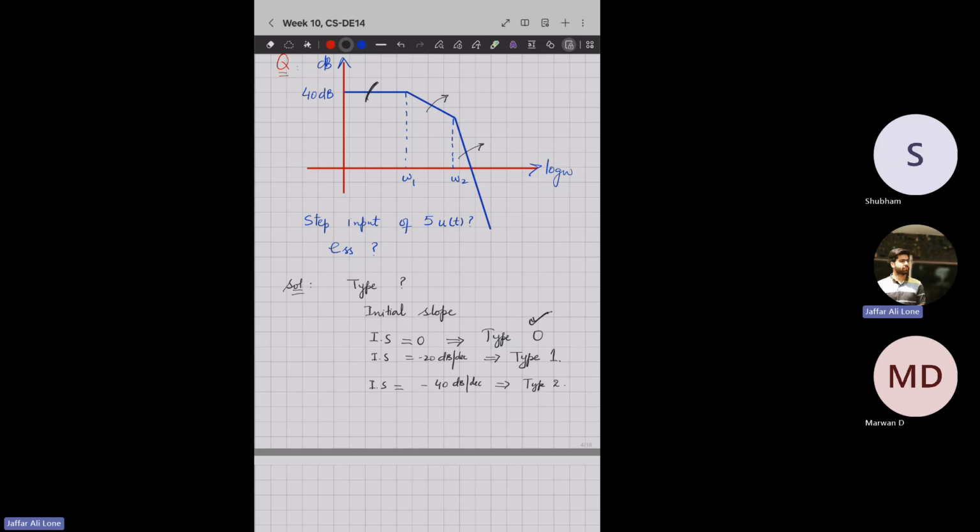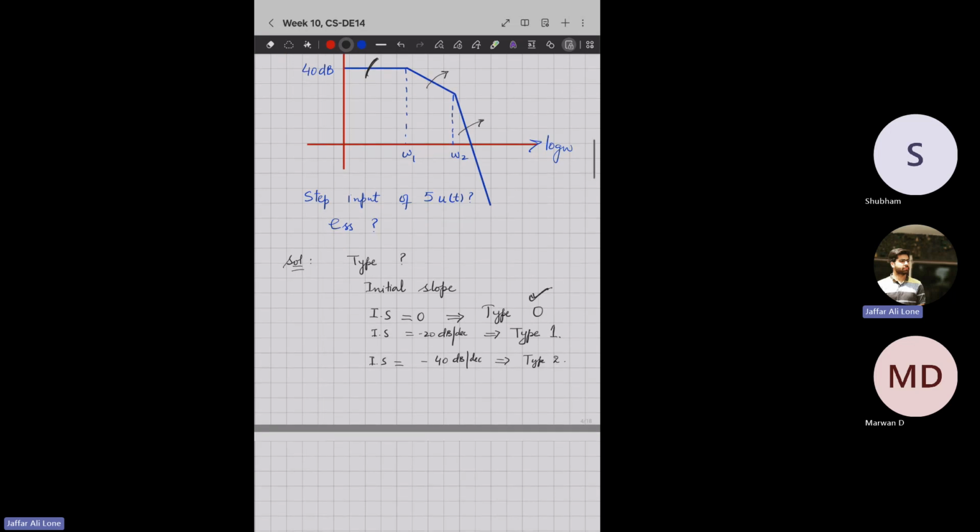So why am I telling you to identify the type? Because this type will enable you to see which formula you have to use, right? Because if it is a type 1 system, then you will use steady state error is equal to 1 by Kv. If it's a type 0 system, steady state error is 1 divided by 1 plus Kp, and so on and so forth. So this type is important because it enables you